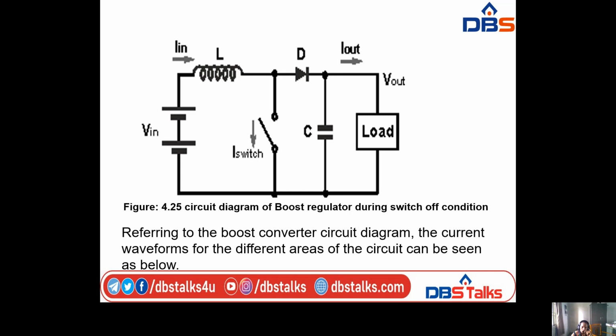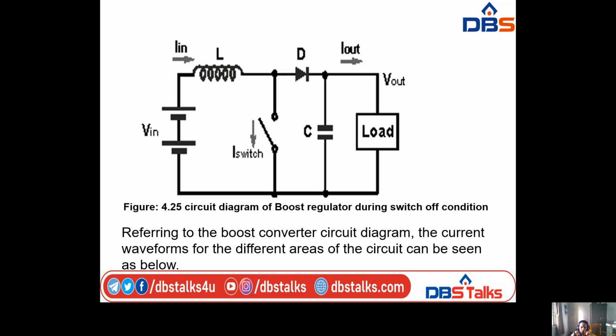Here, whenever the switch is in the on state, the inductor is connected to ground. But whenever the switch is in the off state, the inductor current flows through a diode and out to Vout. And here the load is connected across a capacitor. Why? For smoothing, for smooth operation during switching transition timings.